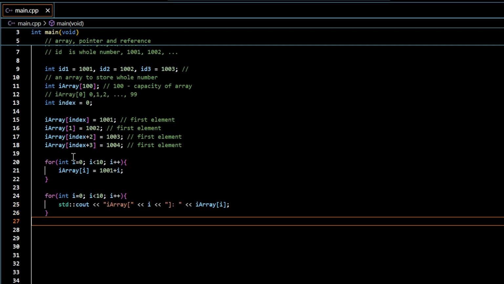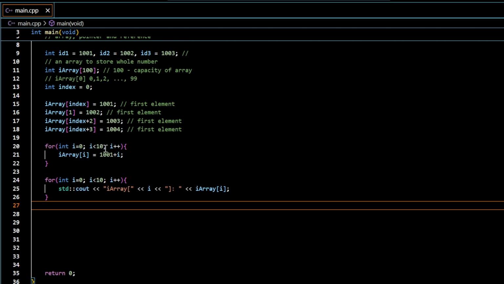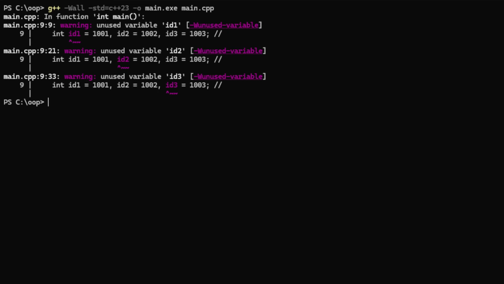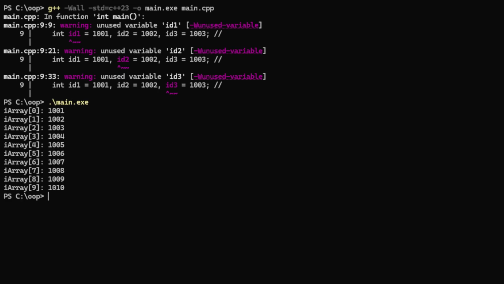So you have these 10 elements which are used, and the data stored in the 10 elements will be displayed by this loop. And I want to display in separate lines, so let me put a new line character here. Let me switch to the terminal to see the output of this code. Compilation, linking, and execution. So we have this data 1, 0, 1, 2, 3 all displayed in different